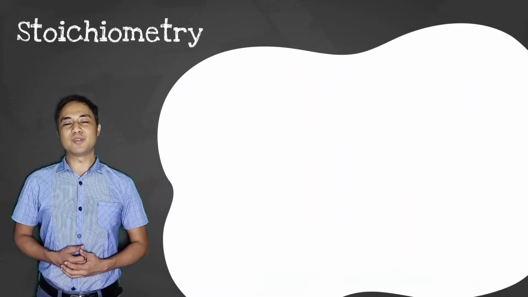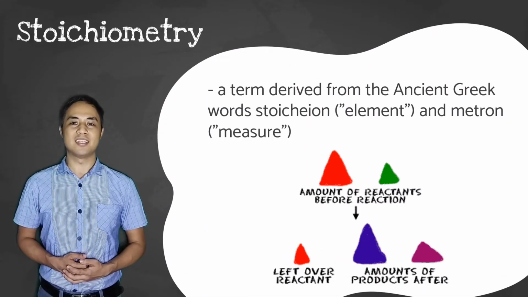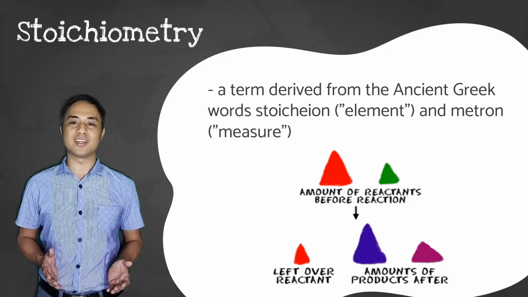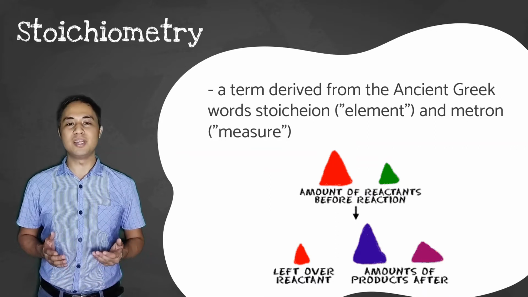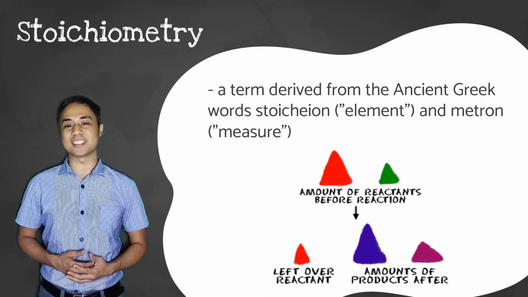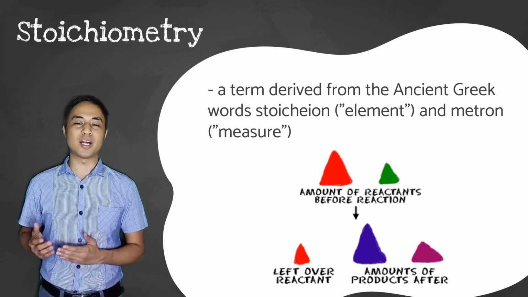Stoichiometry is a term derived from the ancient Greek words stoichion, which means element, and metron, which means measure. So, stoichiometry, literally translated, means the measure of elements. It is defined as the study of quantitative measurements between the amounts of reactants used and the products formed in